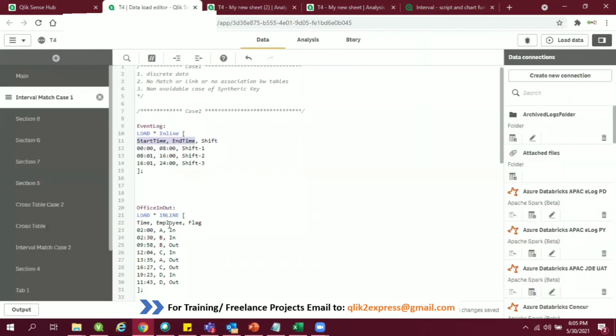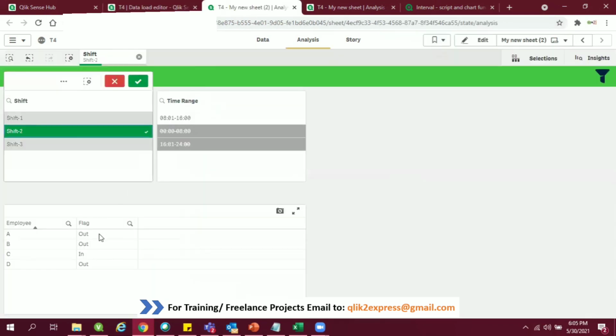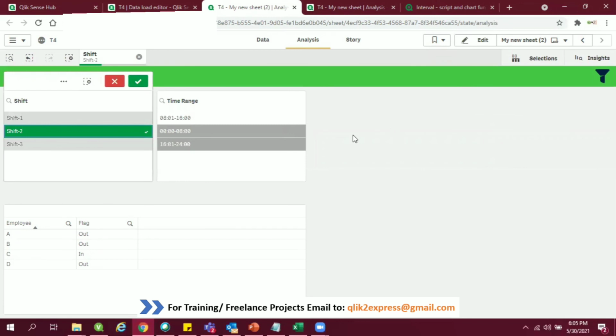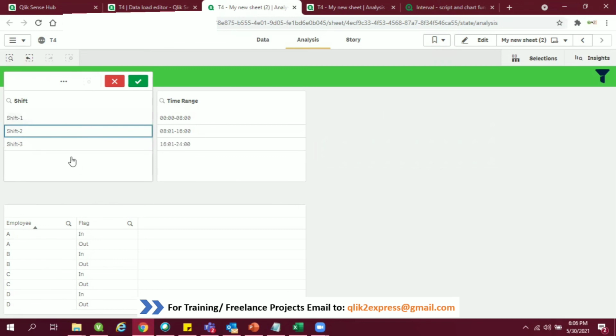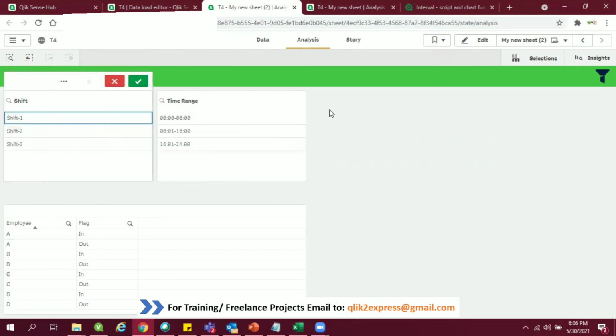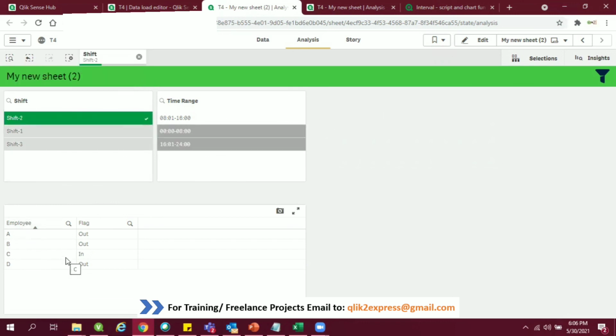See, I haven't mentioned the date over here, which is why it is not giving out the date information, at which date it would have been. If it would have been a date case, then we would have selected the date as well. On shift two, on which particular date, who all came inside. Assume that all this information is for a particular date. If the date would have been a case, I would have selected one more filter over here: first a date, then a shift. So on that particular date, on that particular shift, who all went in or out.